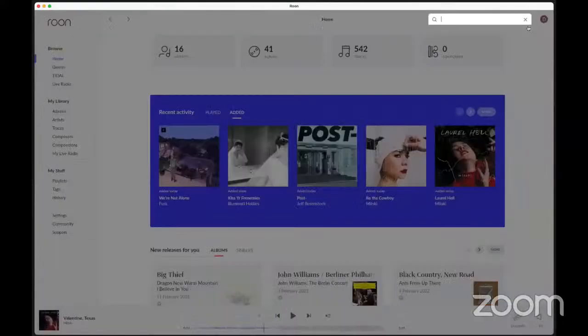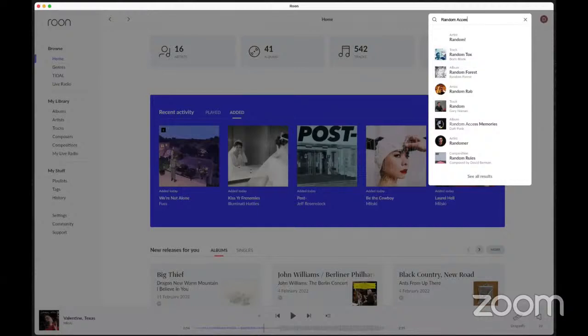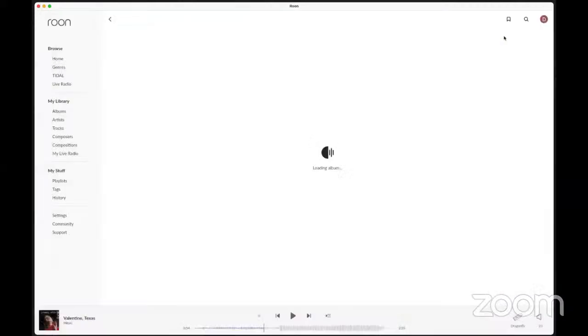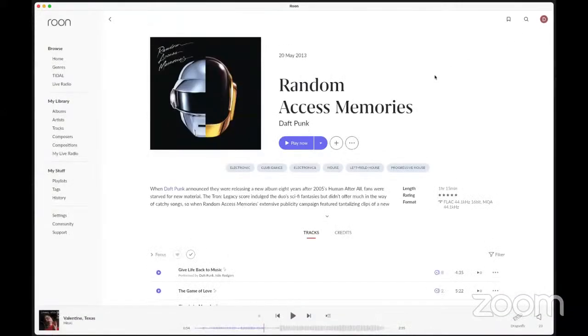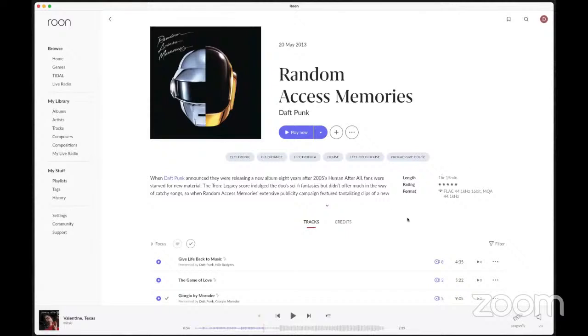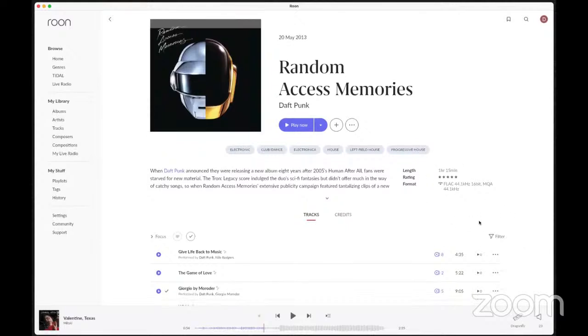Maybe we want to grab an album and dig into some more features that Roon has for our overall listening experience. Let's take this Daft Punk album, for example. Here, we can see, first and foremost, all the beautiful details about the album artwork and the name of the album and artist right up at the top, the release date, as well as some interesting details about the file itself